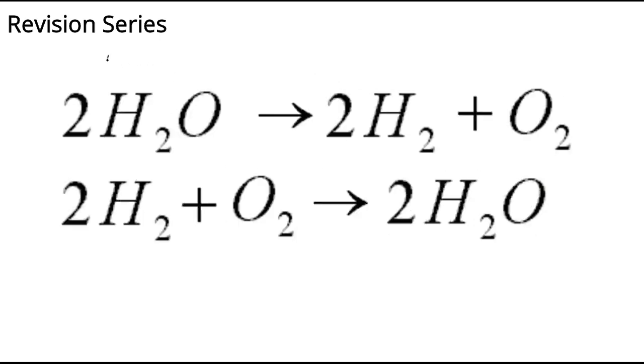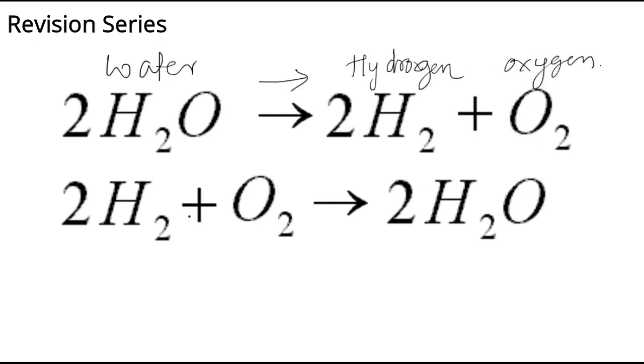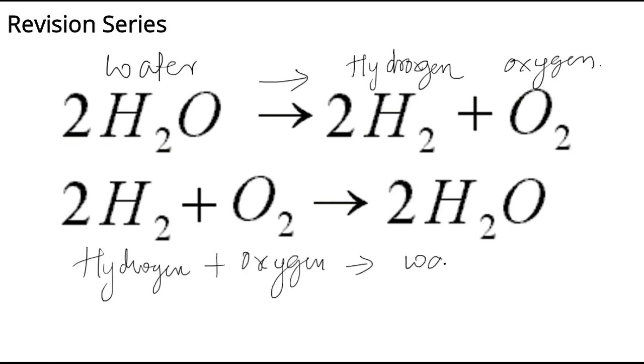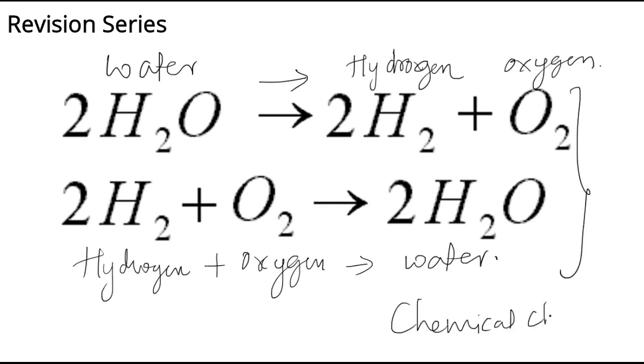In the first equation water is split into hydrogen and oxygen, right? Whereas the reverse of this, hydrogen and oxygen combine to give water. Both are chemical changes. And why are they chemical changes? Because a new substance is formed,